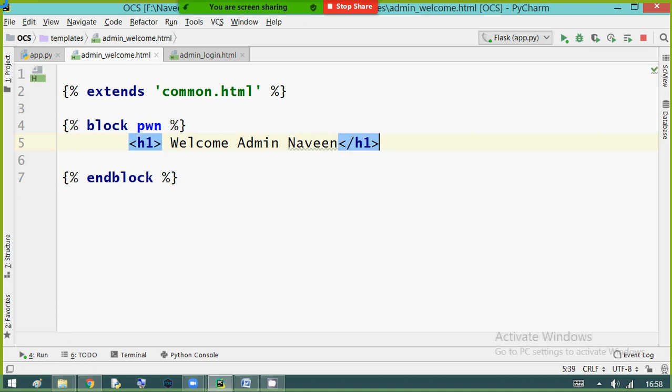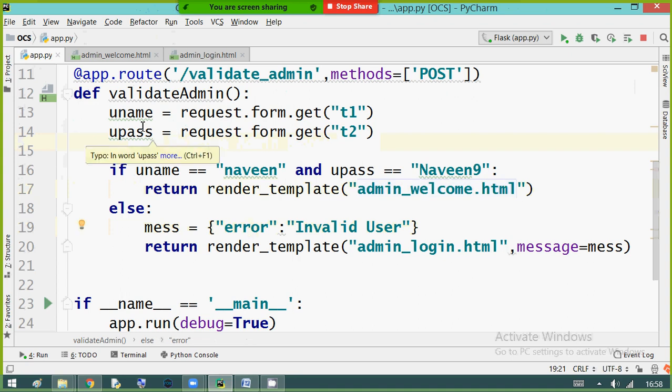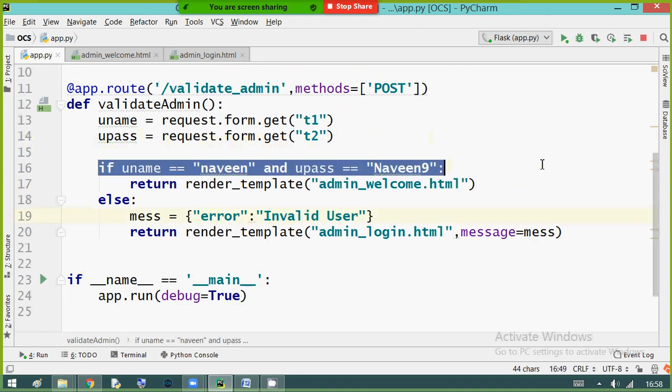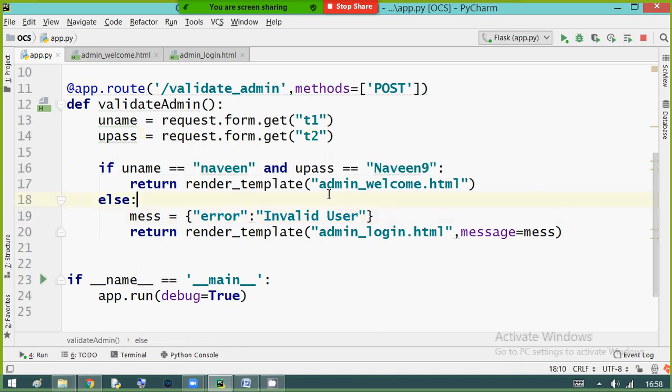Welcome admin Naveen. So this is my welcome page. If you observe in my Python program, we have written a simple condition. If it is valid, we are opening admin welcome HTML. If it is invalid, we are going back to admin login HTML.